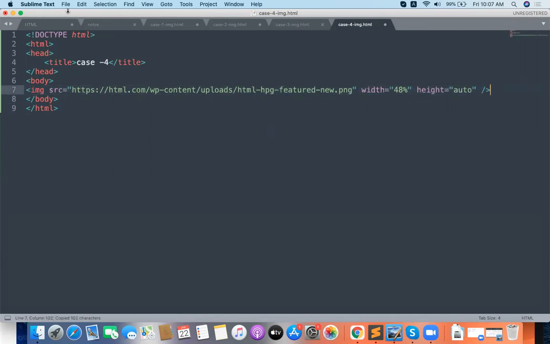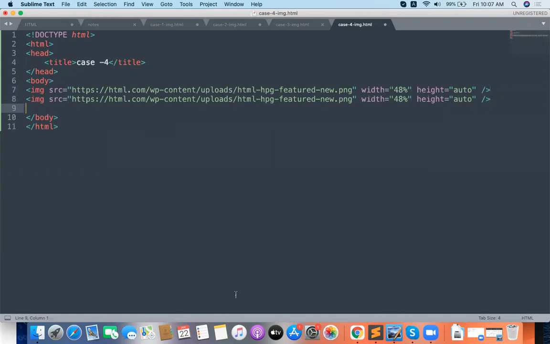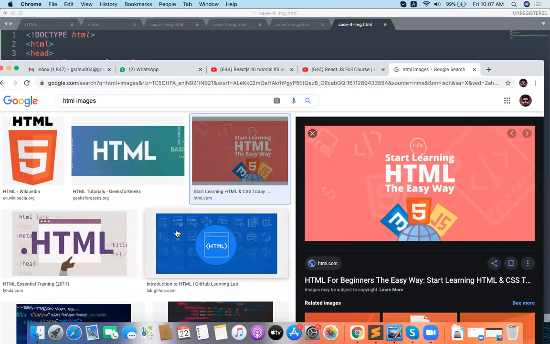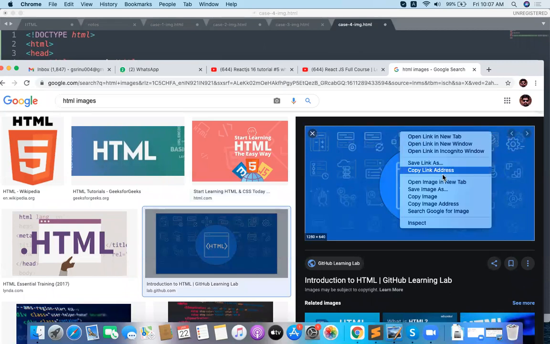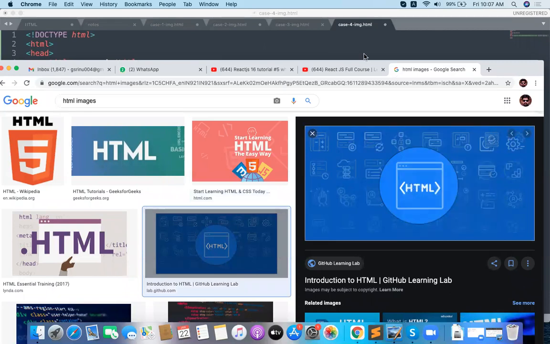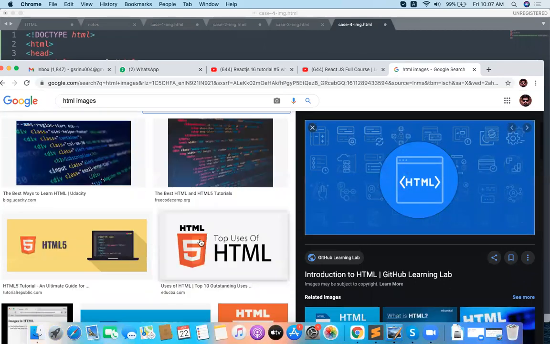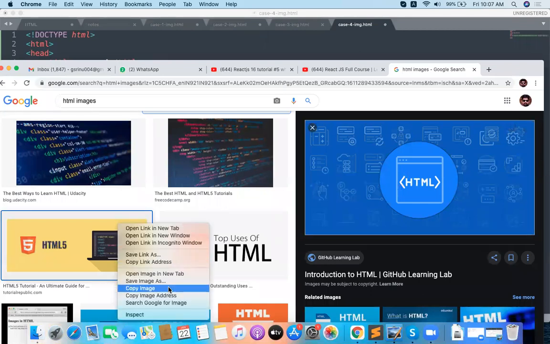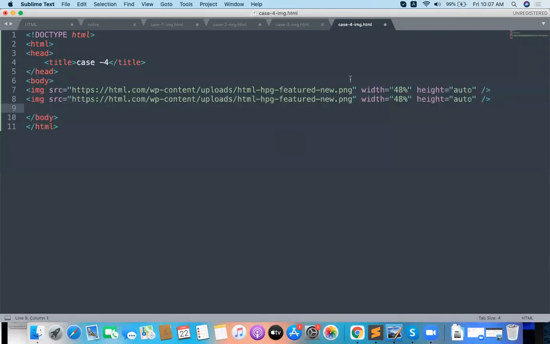And if you want one more image, you can take it. Let me take one more image from the URL. Let me take this image, copy image address from here, and put it. Now we are not loading the image from the local folder.